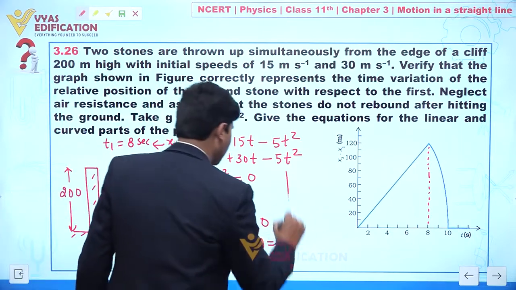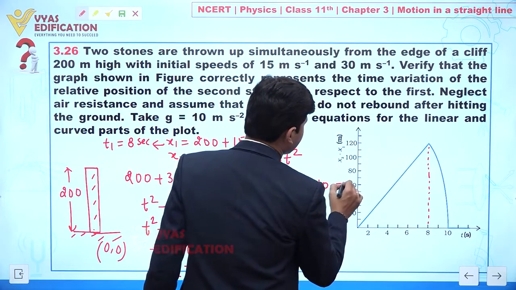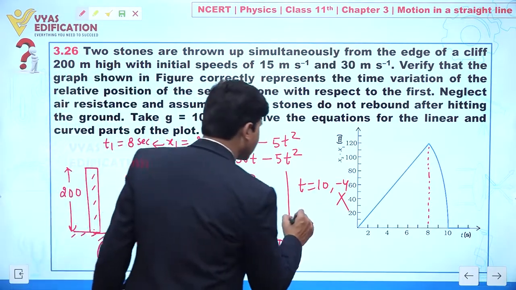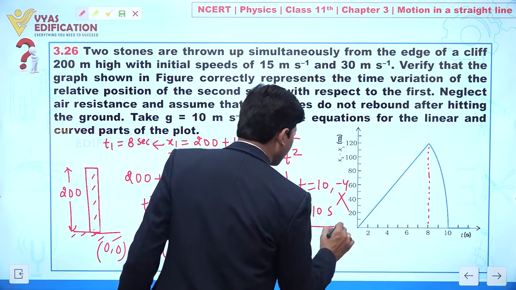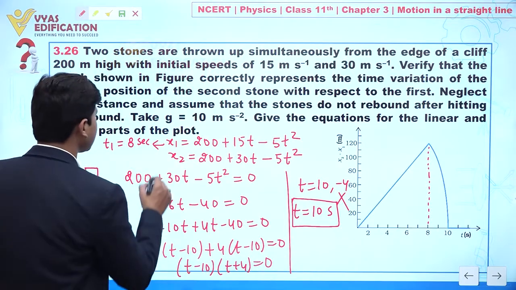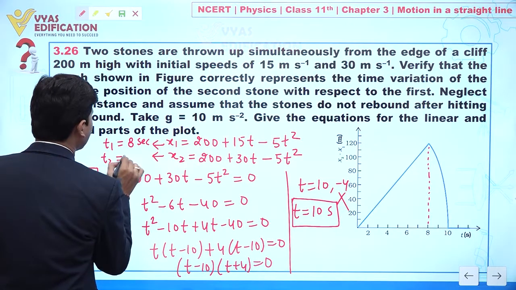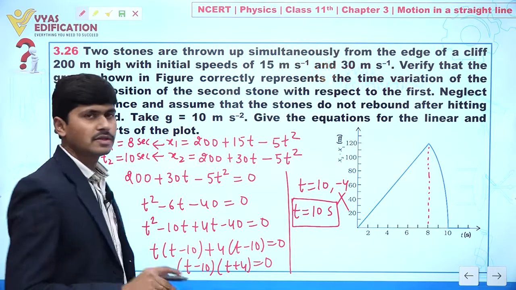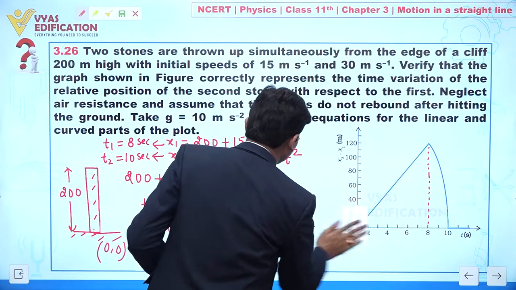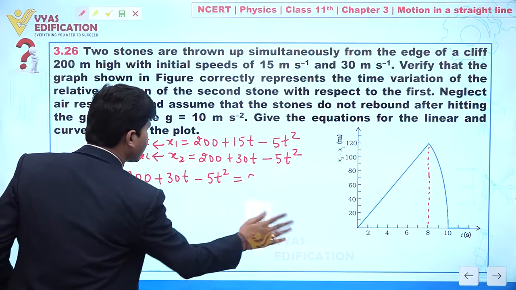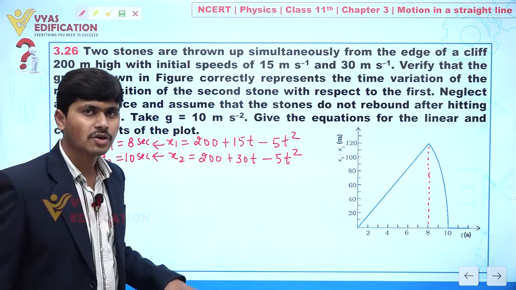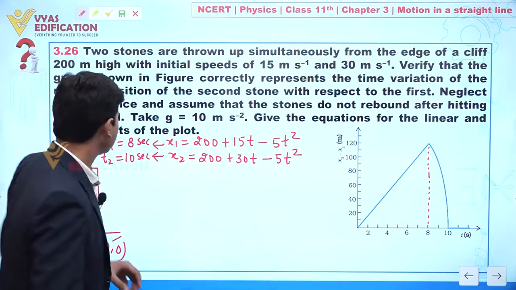Clear? So we can write like this, t is equal to 10 or minus 4. So definitely we will not take time as negative. So here we can say time we have, this is 10 seconds. So small t we can say this is 10 seconds. Clear to you? So now we can say this particle comes to rest at 10 seconds. Yes or no? Clear to you? Yes. So now if we compare stone number 1 and stone number 2, clear, which stone first comes to rest or which stone first comes to ground? So we can say stone number 1.